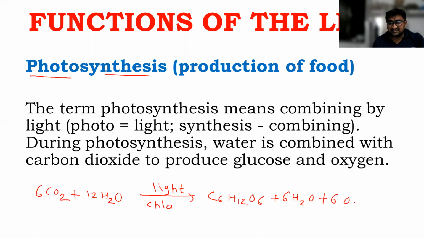And the oxygen that is released into the atmosphere, so that is also one of the important functions of the leaves. So in the process of photosynthesis, the purification of air is carried out, because during photosynthesis, one of the gases, that is carbon dioxide, is fixed or utilized by the plants, while with respect to that, they are providing the breathing gas to all other animals, that is oxygen. Hence the purification of air is also carried out by the photosynthetic leaves, photosynthetic organisms.